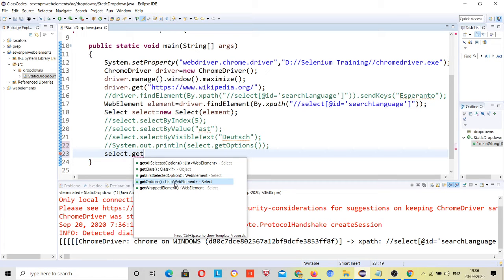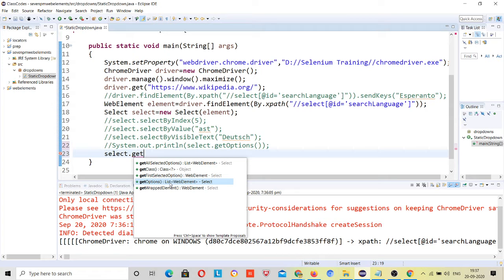See, what is the returning type? Because if you use get options, all the options will be returned. And what are they? They are web elements. Yesterday I said that everything present in a web page is a web element, right? So if you are getting all the drop down values, they are web elements, right? If you are getting multiple web elements, then how will you store them?